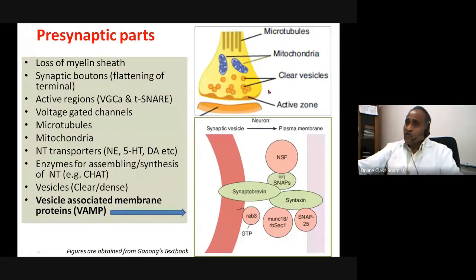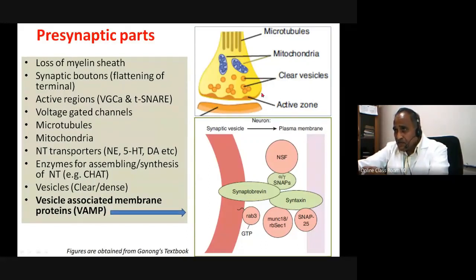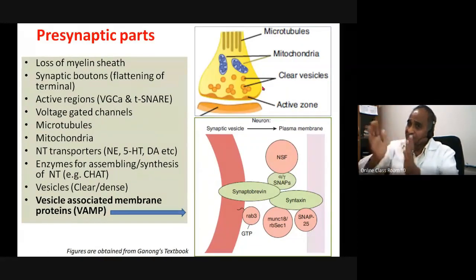Then there is another group of proteins here. The diagram has not been marked, maybe I am just typing. So here you require additional proteins. These are called transporters, or neurotransmitter transporters. They are similar to the glucose transporters. These transporters are essential because